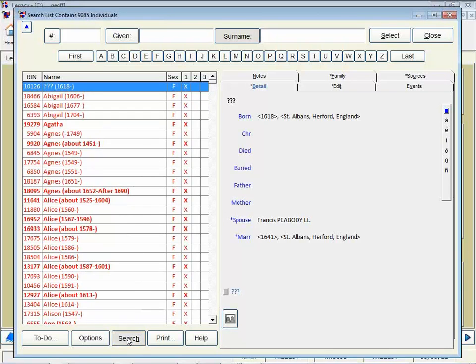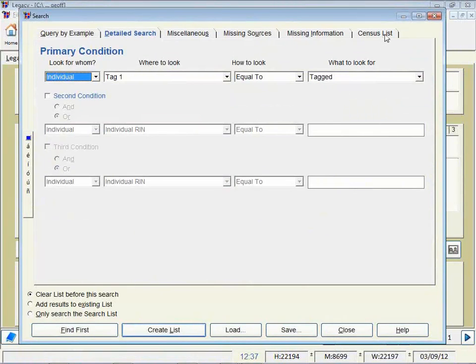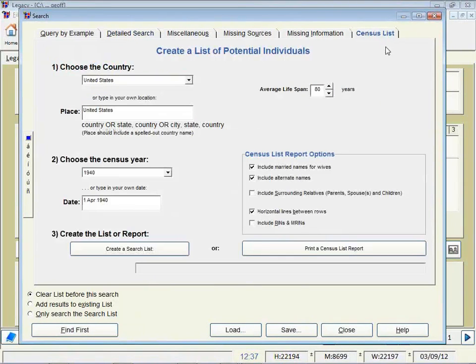So let's go down to Search, Find. Now let's go click on the Census List tab. And look at this right down here in the far lower left-hand corner. Only search the search list. Remember, my search list just contains my direct line. I'm getting chills. Isn't this fun? So if you have that option selected right there, and then you've got everything up here set how you want it, now let's click on Create a Search List. And I'm hoping if all goes well,